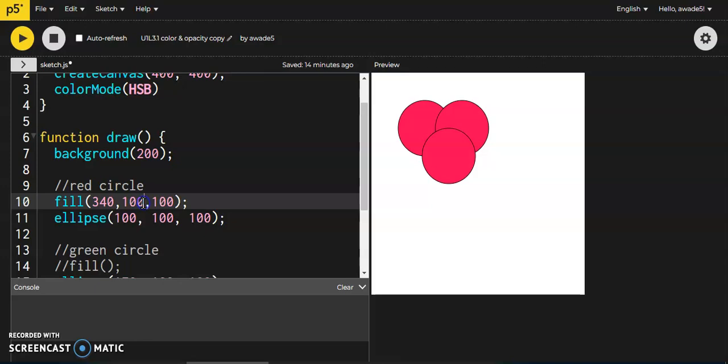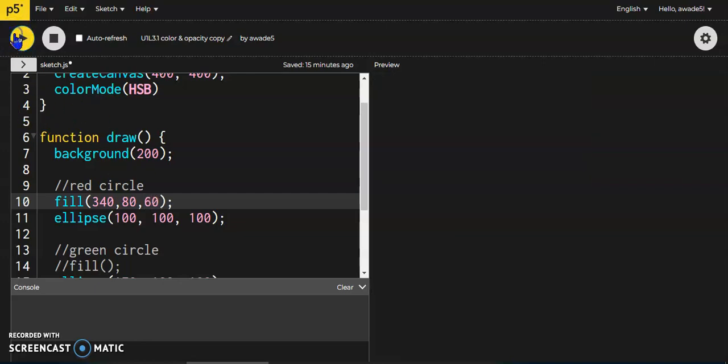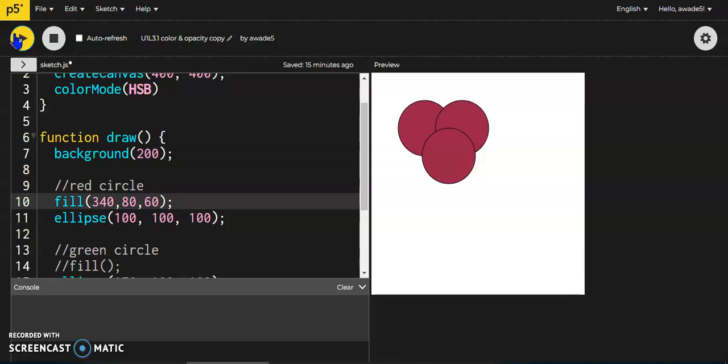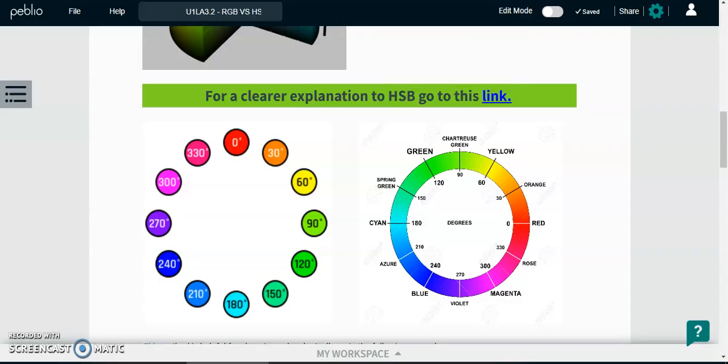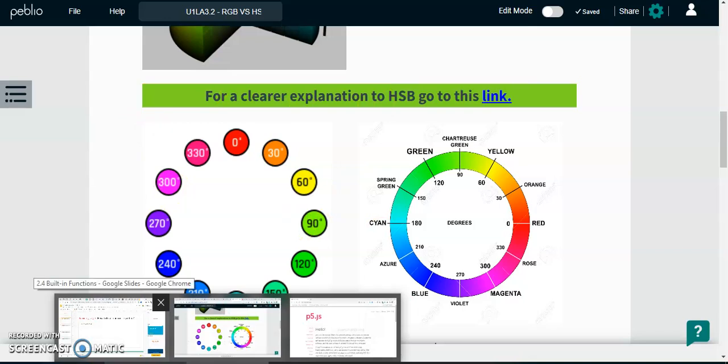And we can play around with both of them, right? So let's say I put this at 70 and this to 50. So I'm taking out some of the red, but I'm making it darker as well. Or put this to 80 and I make this 60. And again, that's how we play around with the colors to make the color that we want. So as we can see, HSB makes it a little bit easier